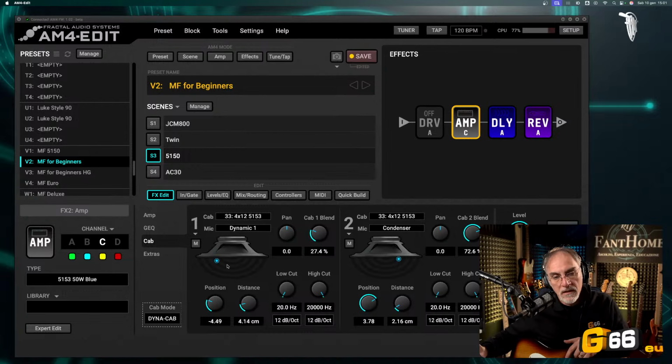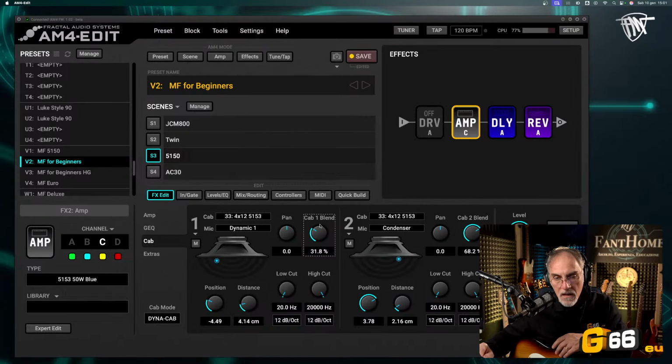In this case, you have the possibility to blend two cabinets with this command, as you can see. When you increase the first, decrease the second, and you can find the correct sound matching and blending, let's say, of the cabinets.